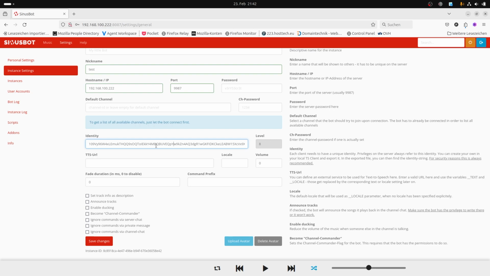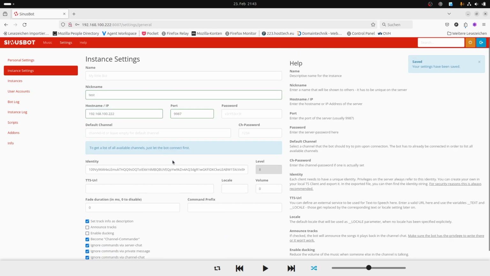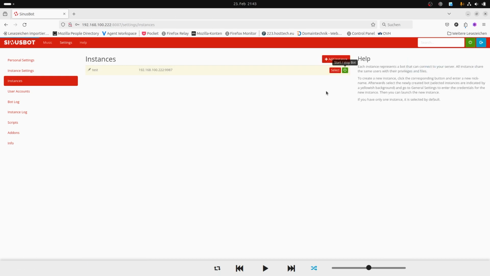And if the bot is on level 8, it's not going to be allowed to actually join the server. It's just going to be kicked immediately. These ones are nice too, if just out of nice looks, whatever. And a problem you are going to witness now is if I want to start the instance, it's going to